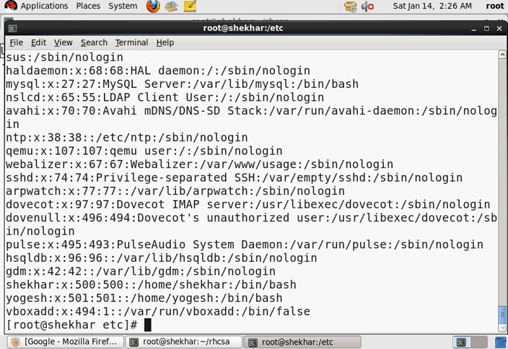This file contains the list of all the users already created on this system. The last user that was created is vboxadd. There is another user called Yogesh, and a user called Shekhar. The etc passwd file contains the list of users, and the etc group file contains the list